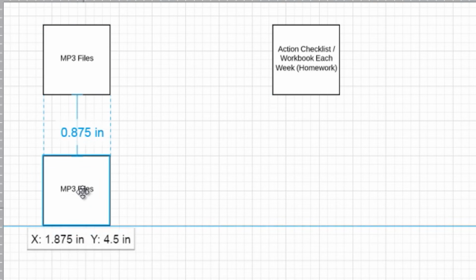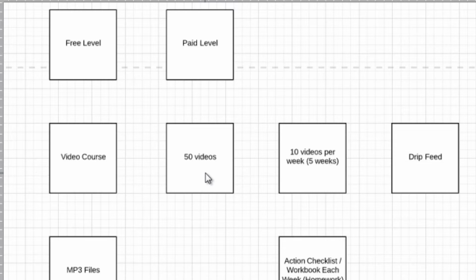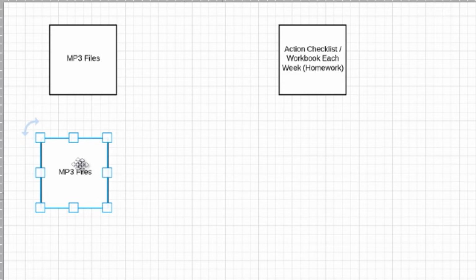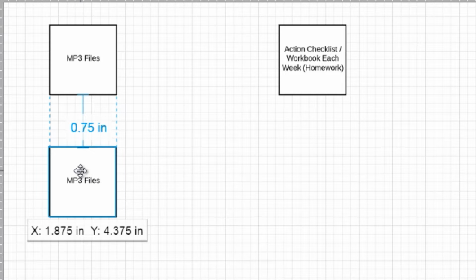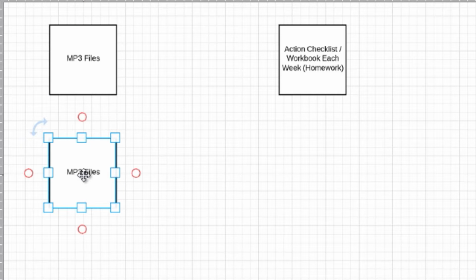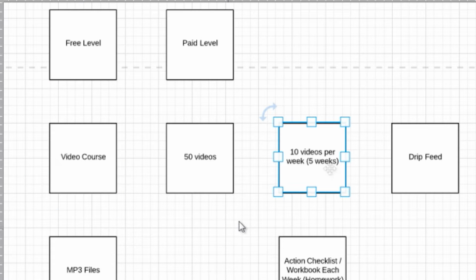All right. So what are we doing here? So obviously, now that we know that we are distributing it on a drip feed process for 5 weeks, I think I'm going to do what we call a fixed term membership site. Let's see, 10 videos for the. So we could either do a one-time large high-end fee of like $497 or even $197,